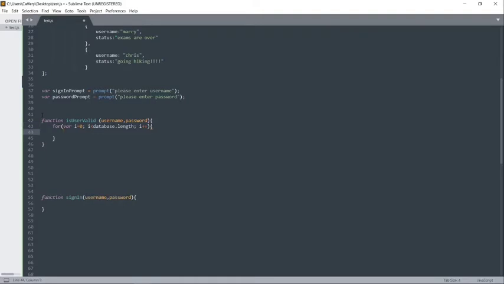And then what we wanted to do inside this loop is say, if database, now we're going to use i instead of 1, 2, 3, whatever. It's going to keep incrementing, so we're going to use i. If database i.username is equal to the username we give, and if database i.password is equal to the password we give,